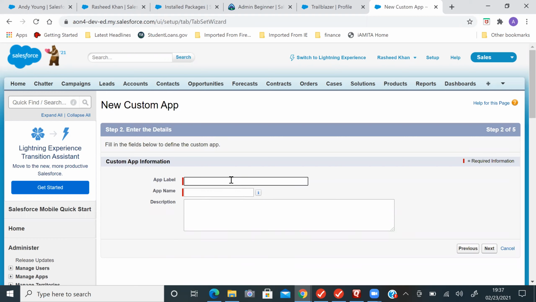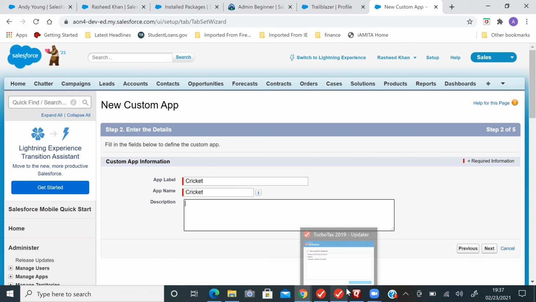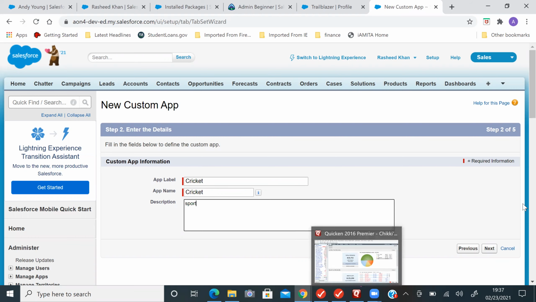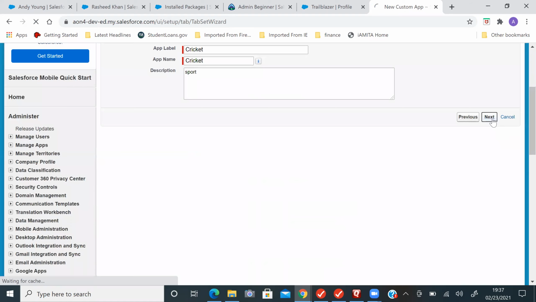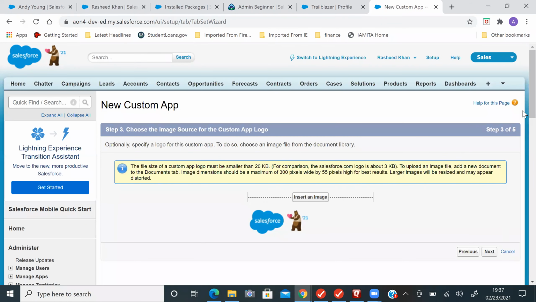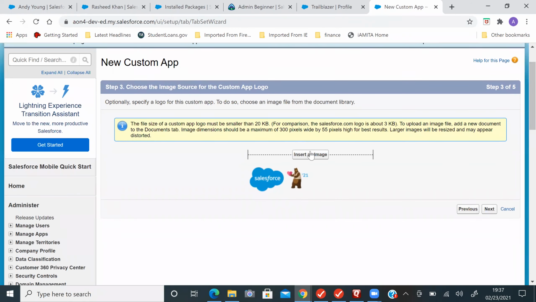So app label, Cricket. Is it optional to insert an image? No, we need to insert an image here.